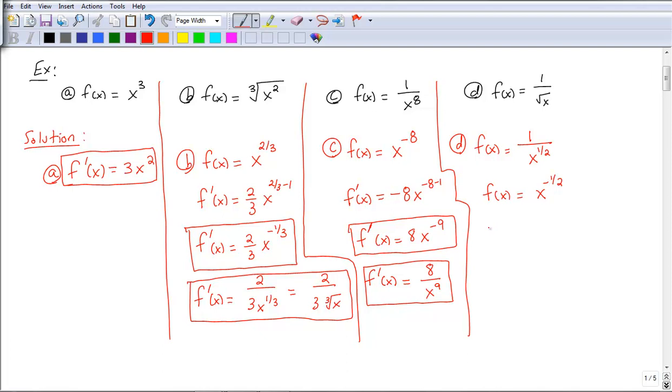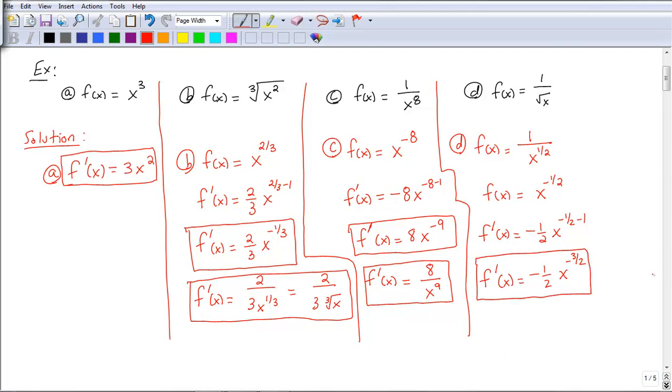Now I can use the power rule. I see that I have x raised to a power. And so using that power rule, the negative 1/2 multiplies up front, and I subtract 1 from that power. So the derivative is negative 1/2 x to the negative 1/2 minus 1. Negative 1/2 minus 1 is negative 3 over 2. So you get negative 1/2 x to the negative 3 over 2, which is an acceptable way to write the